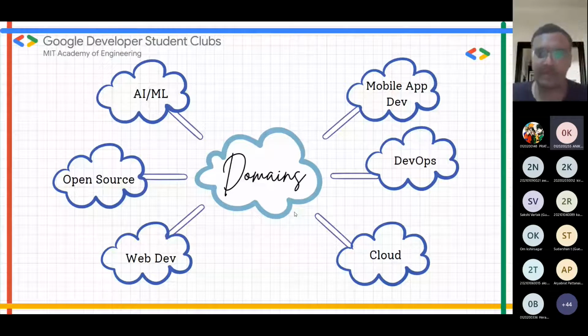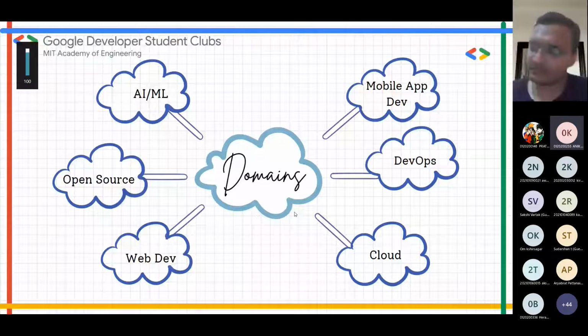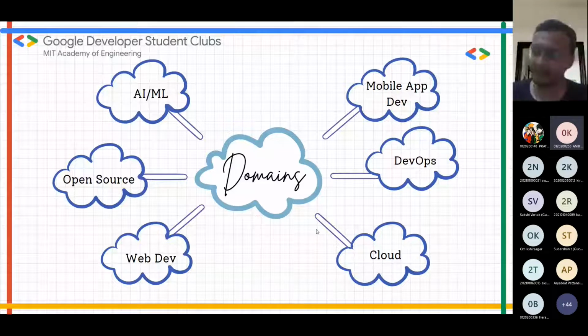Thank you very much, Watson. For all of you who have joined right now, thank you very much for joining first off. What I'll do is give you a very quick overview of the domains that fall under the GDSC and what we'll be trying to cover this year. For those of you who have not heard of these terms, or have heard of them but don't exactly know what they are, this one's for you.